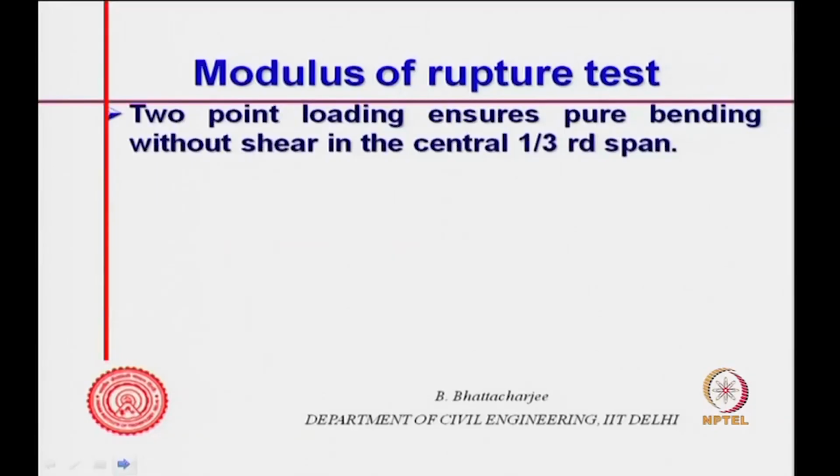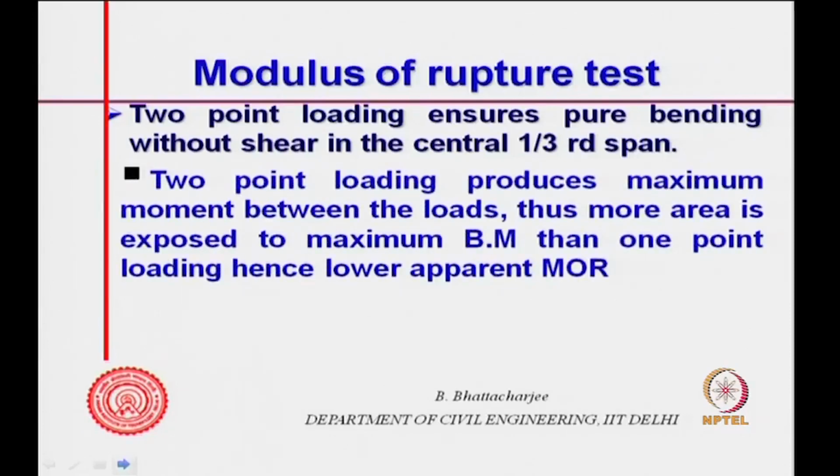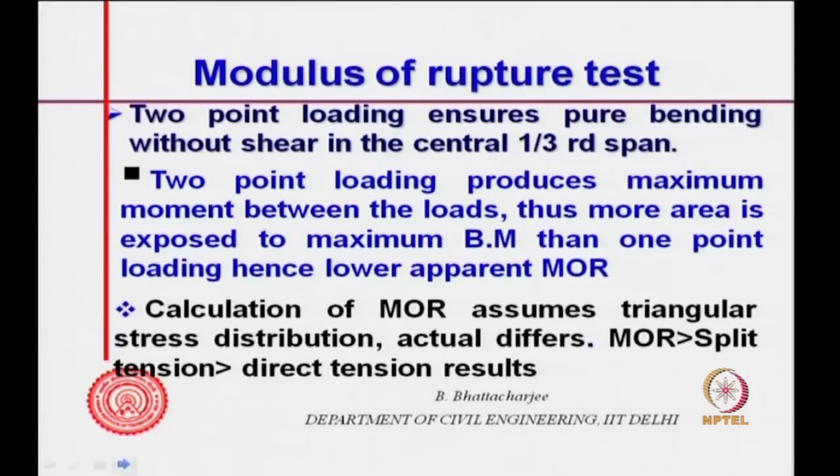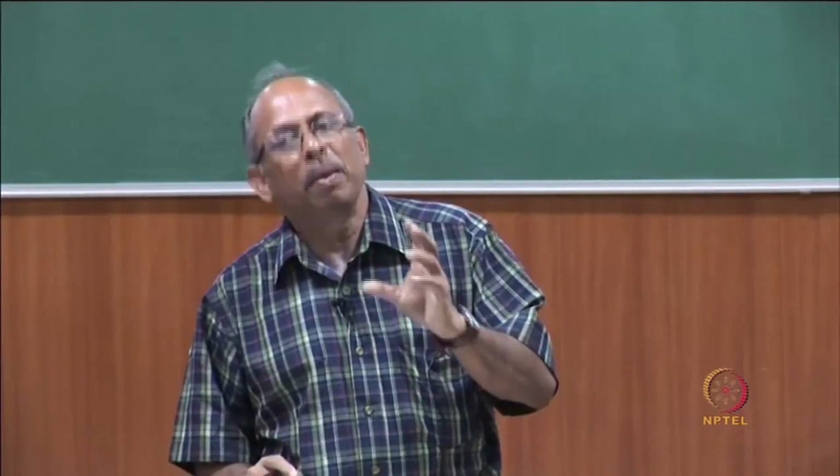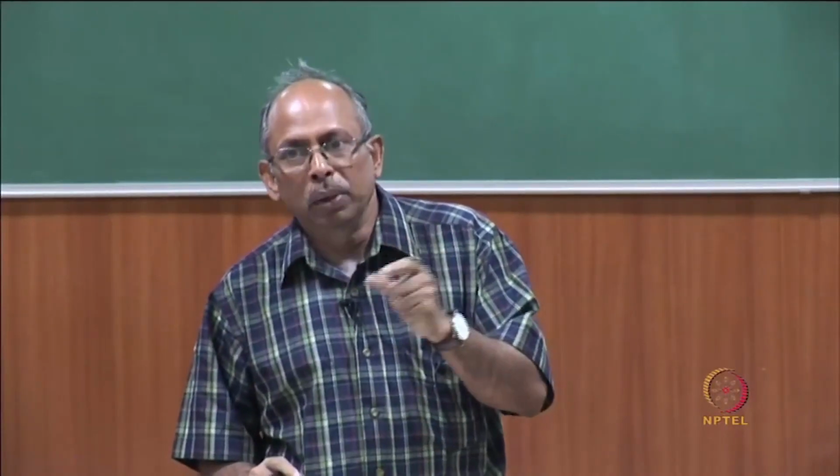The two point loading ensures pure bending without shear in the central one-third, that is what I said, and two point loading produces maximum moment between the loads, thus more area is exposed to maximum bending moment than with one point loading, hence lower apparent modulus of rupture. Calculation of MOR assumes triangular stress distribution, but the actual stress distribution is different. So, modulus of rupture therefore overestimates even the flexural strength,